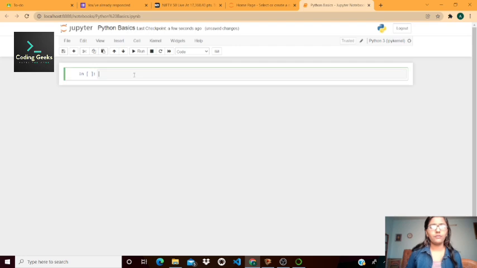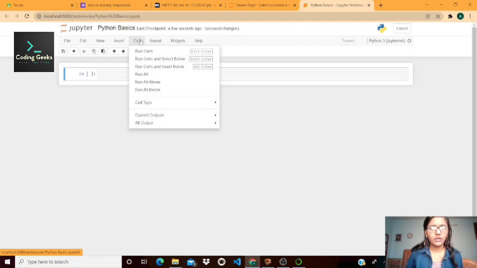Okay, so we can code here in these cells, and there are some shortcut keys through which you can run this cell, or run and add a cell below the current cell, or you can insert a cell above also. You can run all these cells at once by clicking on this button, and you can run all the cells which are above this current cell.